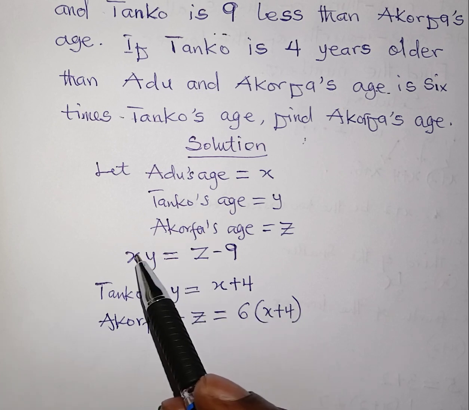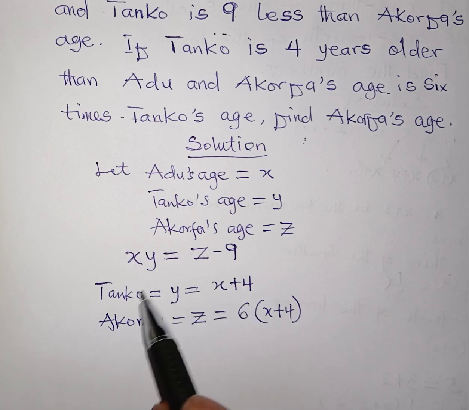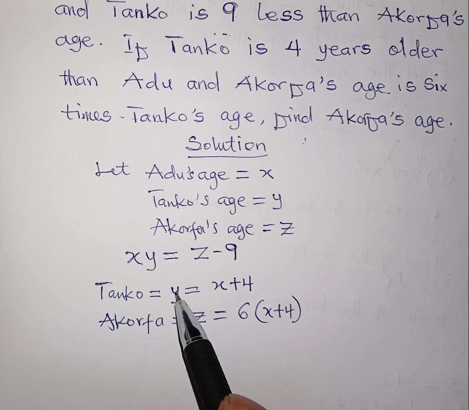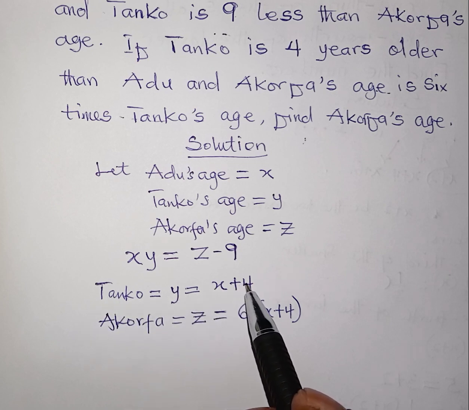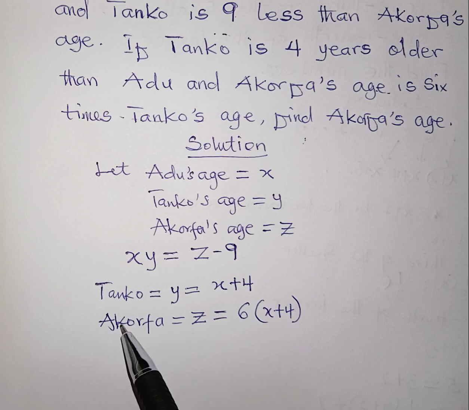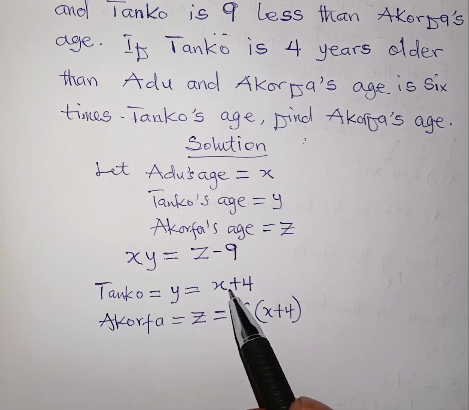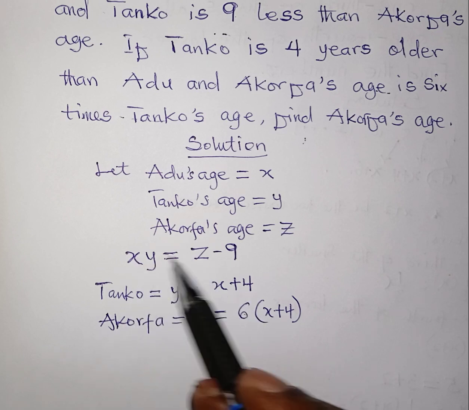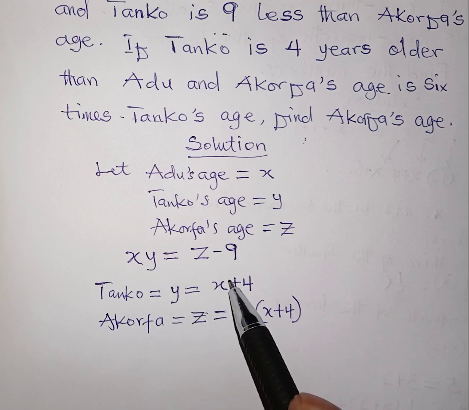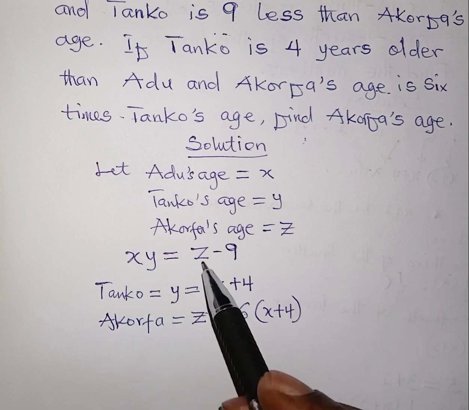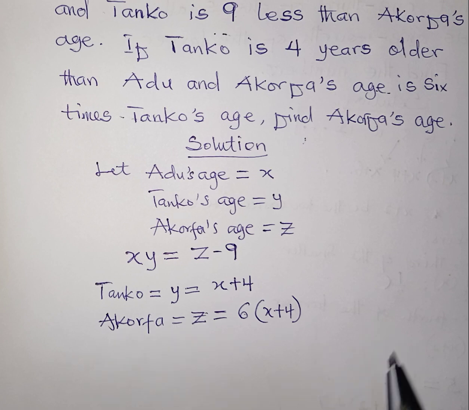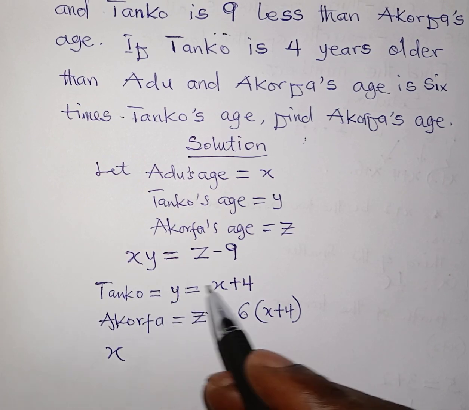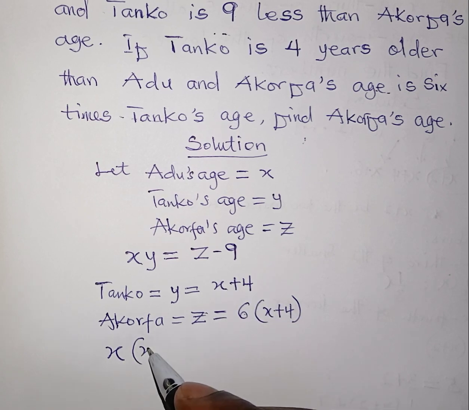Remember, we have already written this expression here. So in this case, we are saying Tanko's age, which is the Y, is equal to X plus 4. And Akufe's age is also 6 times Tanko's age. So I'm going to substitute Akufe's age and Tanko's age into the expression I got. Wherever I see Y, I'll put Tanko's age, and wherever we see Z, I will put Akufe's age. If that's the case, then I'm going to maintain my X and then substitute this. Then I'll open bracket,